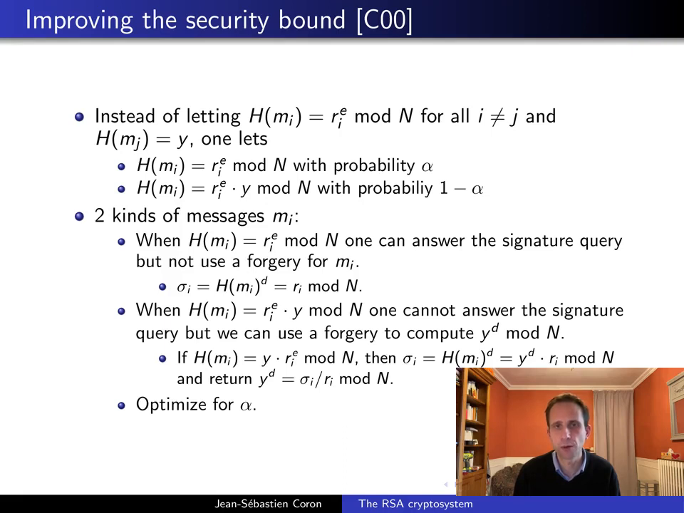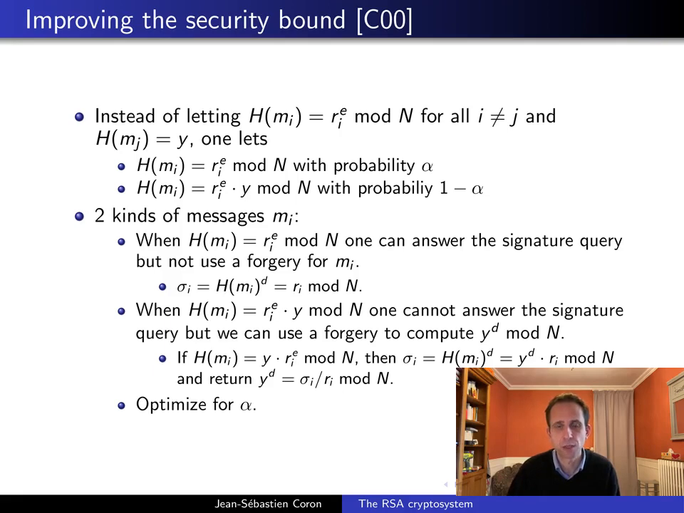When we receive a forgery for a message mi for which h of mi is equal to ri to e, then this forgery is basically useless for us because we already know the signature, and the forgery gives us no information. But if alpha is too small, then the forgery is going to be useful with good probability, but sometimes we will not be able to answer the signature queries, because when h of mi is equal to ri to e times y, we don't know the corresponding signature. And so if there is a signature query from the adversary for this specific message, then we must abort, and